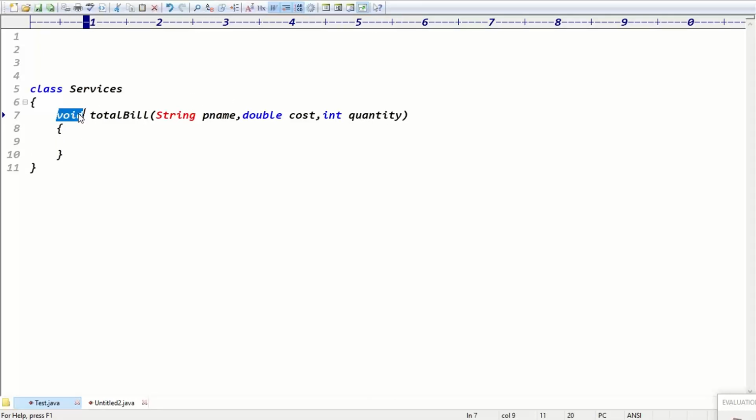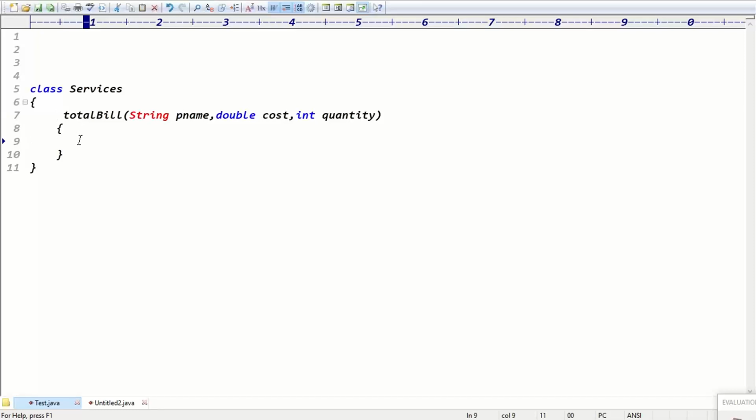See, guys, actually this method I want to take the input. For example, in real time, every method, every functionality can take inputs, right? If you give product ID, product cost, product quantity as input, I will calculate the bill, and I will return the bill as an output to you, right? I will return the bill, guys.